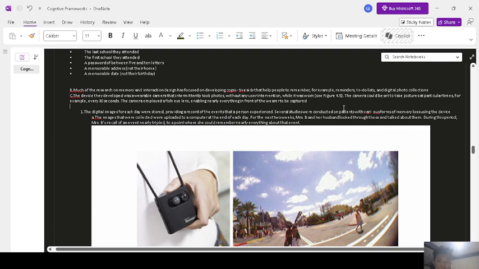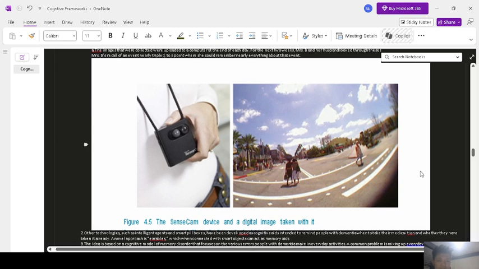Like see this figure, the camera could be set to take pictures at particular times. For example, every 30 seconds, the camera employed a fish eye lens, enabling nearly everything in front of the wearer to be captured. So here's basically a device used for people that have amnesia.